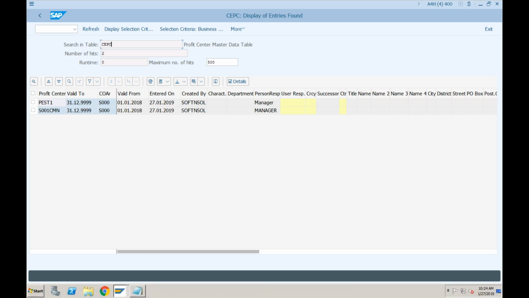It means there are a lot of tables which are removed, but not all the tables. Just remember this: there are only two types of tables which are removed. Nowhere in SAP or any other book is it written that the master data tables are even touched. Master data tables will remain as they are. Even the transactional data tables, the raw tables where there is no index and no aggregates, remain. These are the only two types of tables which are removed: aggregate tables and index tables are removed. All other tables are available as they are.